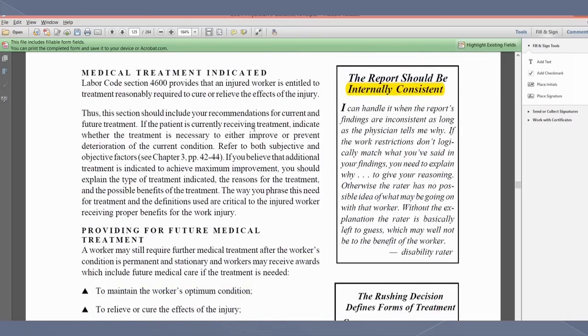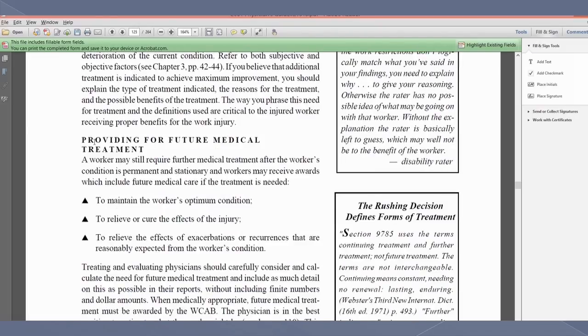Okay, and then just a couple of more sections. We should have a section of our report entitled the medical treatment that's now needed to cure or relieve the effects of the industrial injury. That is when you feel that the examinee is not at permanent and stationary condition or has not yet reached maximum medical improvement. If the examinee is at a permanent and stationary condition and you provide for a permanent impairment or permanent disability